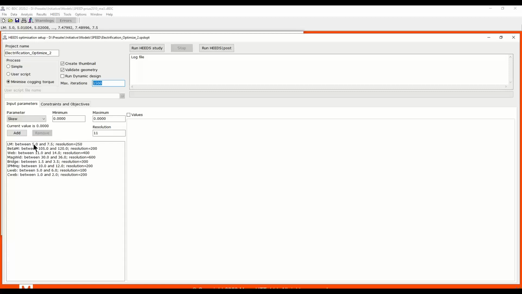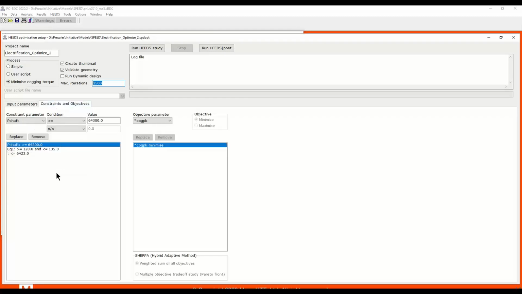Those are the input parameters that we're using. There are 8 input parameters used on the rotor geometry to minimize the cogging torque, as well as to apply some constraints. The constraints applied to the optimizer in this case: the shaft power should not drop below 64 kilowatt.